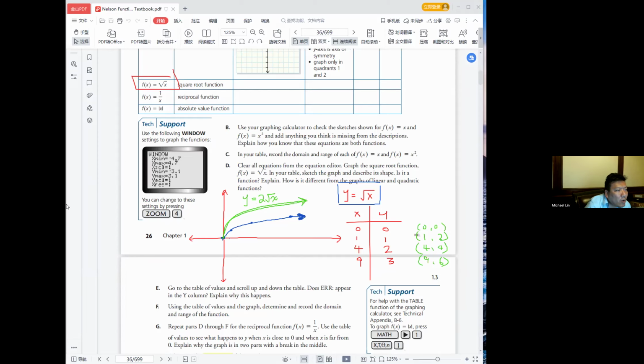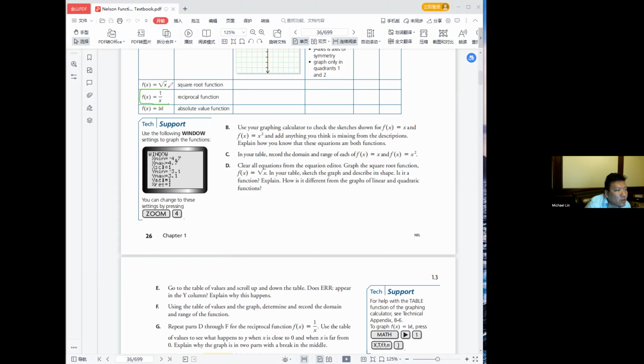Okay, let's take a look at what this reciprocal function looks like. This one's a little bit harder. But this is the basic shape of the graph. You're going to end up with 2 lines, one in quadrant 1 and the other one in quadrant 3. And they're basically going to kind of look like a sideways parabola or a hyperbola. Okay. And there's something